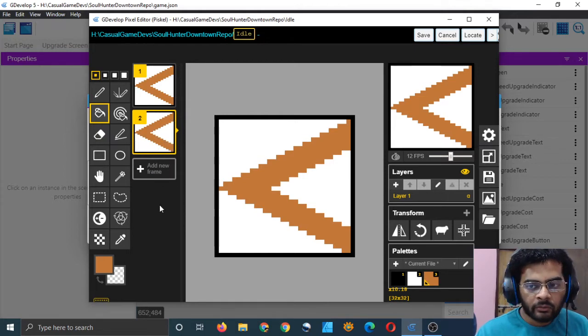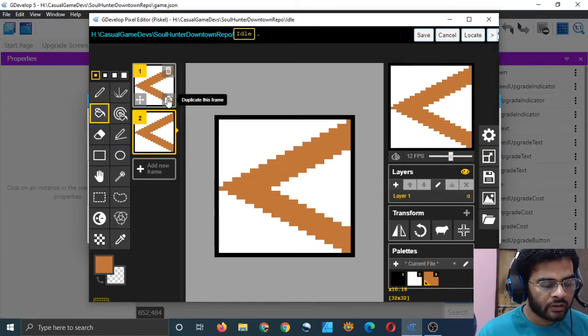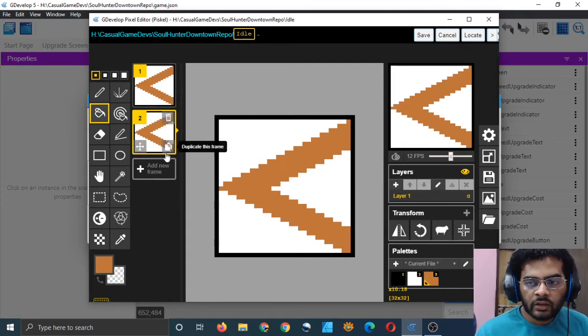That's very important to know, and that's how I have been doing some animations lately. So I duplicated it once. This is the old one and this is the new one. I will delete one of them. So what happens when you duplicate is that Piskel creates another file in your disk, right?